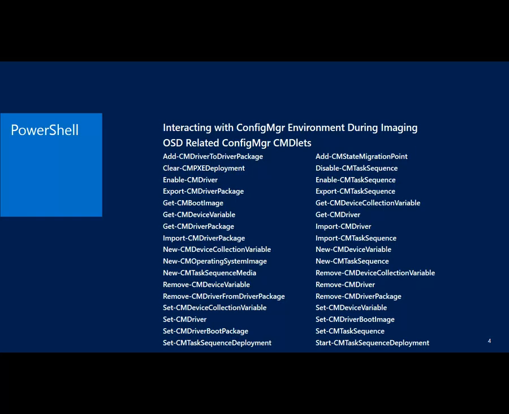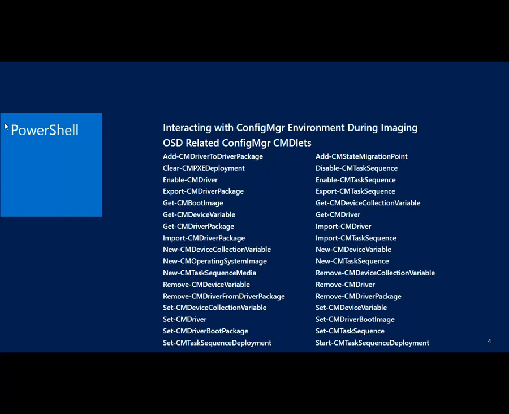So that's why I said you're not going to have it locally, even in a running Windows, whenever you're imaging, but you can certainly leverage it with PowerShell remoting. So what would you want to do maybe during the Windows phase of imaging? Well, one very clear example would be perhaps at the end of the task sequence you want to programmatically remove the system that just completed imaging from the collection. Very common thing, fairly common thing, right, that you can use with PowerShell remoting and using some of these commandlets